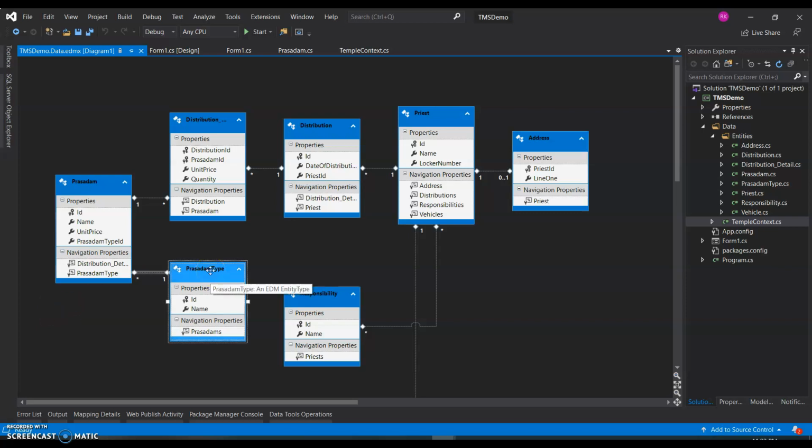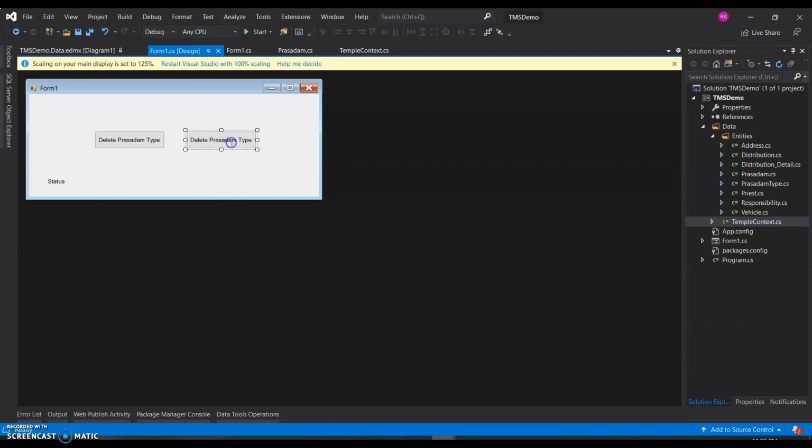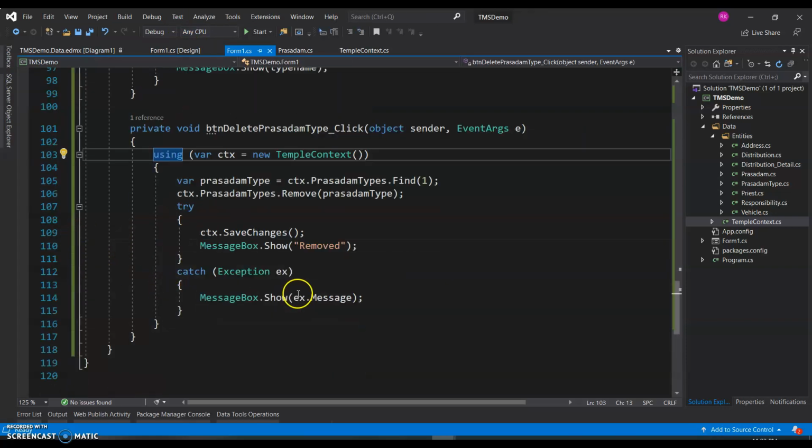Now in order to see this default behavior, you can try and delete the prasadam type in the following way. All I am doing here is to find the first prasadam type and remove it from our database and try to save changes.